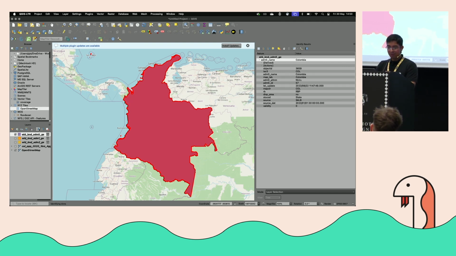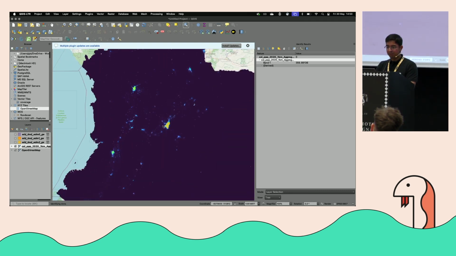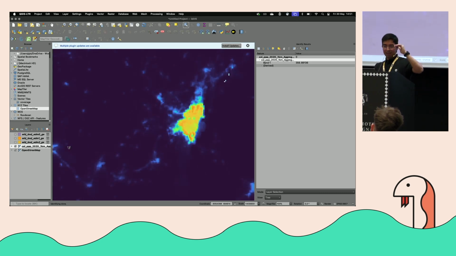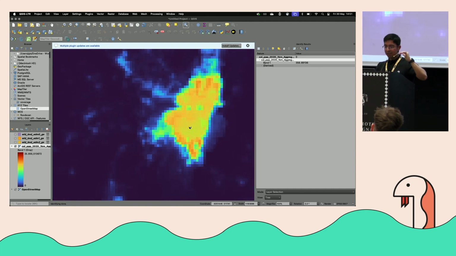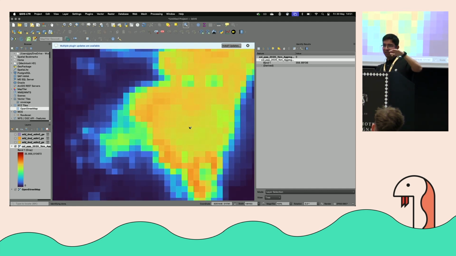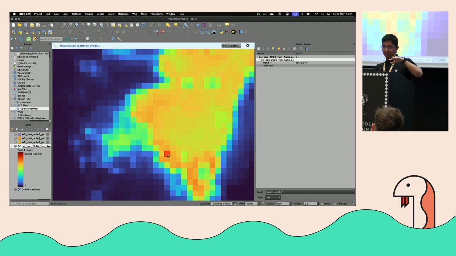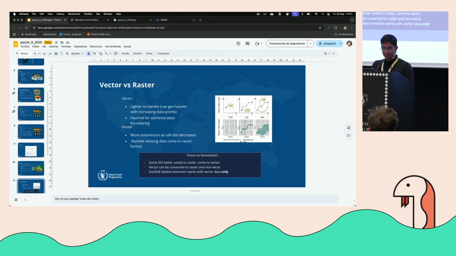But when I move to raster, which is over here, this one. This is the population raster level, and if I zoom in, the more red it is, the higher the value of the population. Here you can see the image gets pixelated, and each pixel value represents the population across that area. I know that this area is 1 kilometer, so this is the value I can get in 1 kilometer in that region. Okay? So now, going back to the presentation,